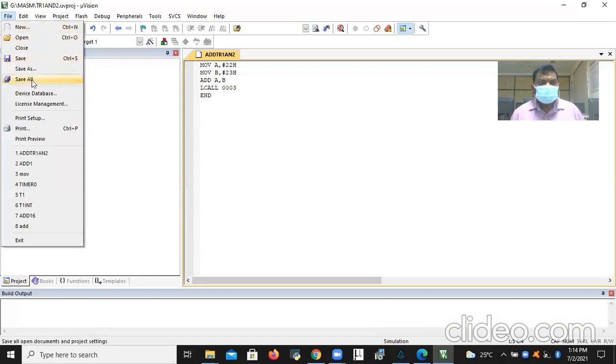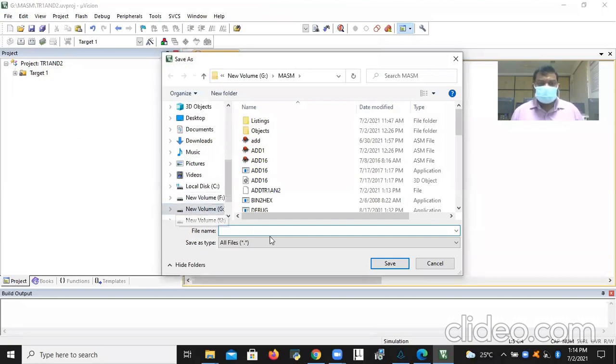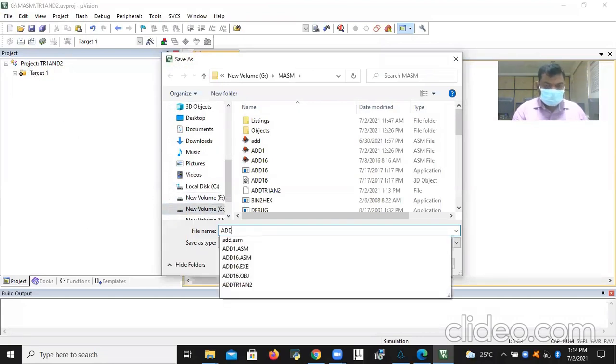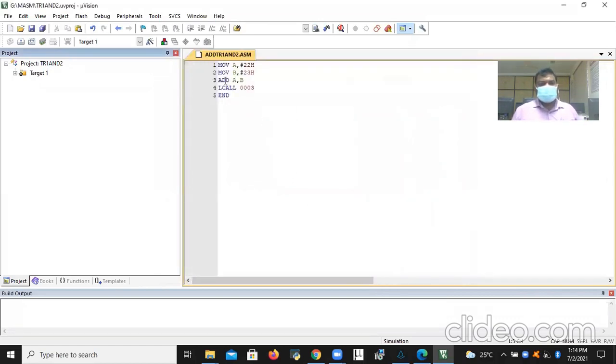File, add tr1 and 2.asm, right? Add tr1 and 2.asm. So I need to add this file to the target. Just type the code. Whenever the 8051 recognizes that particular line as an instruction, then the instruction will